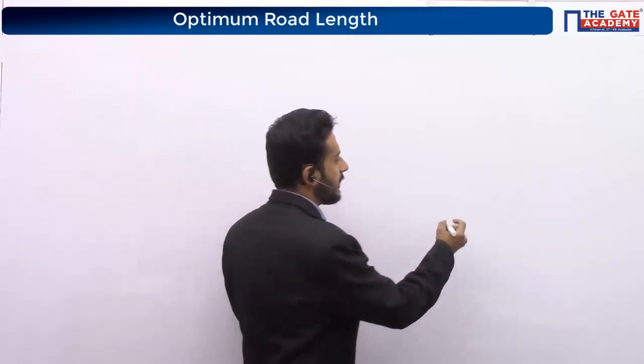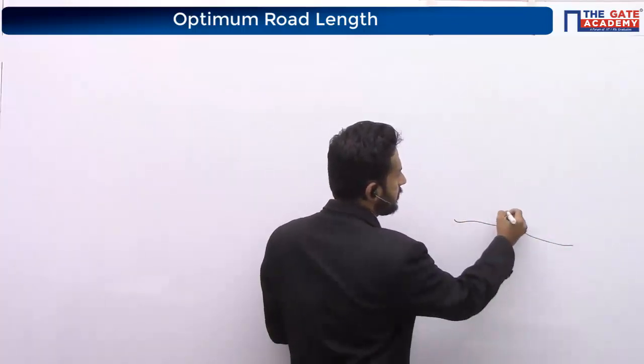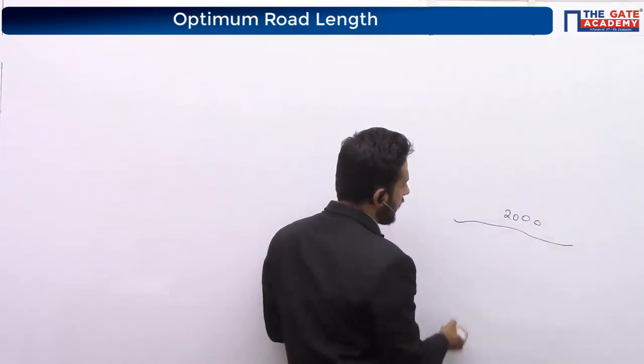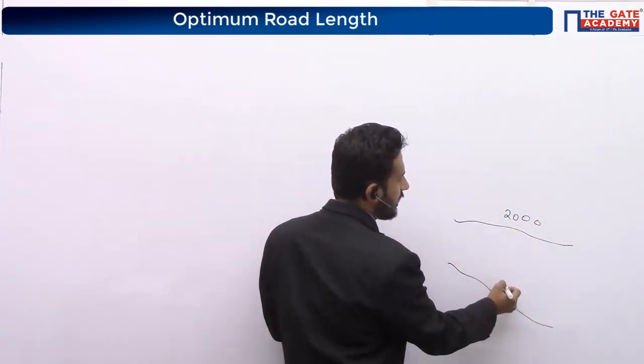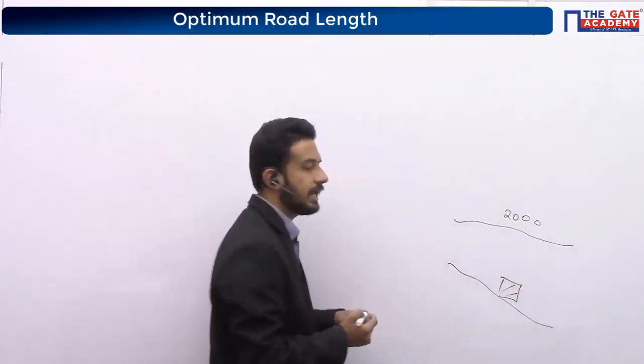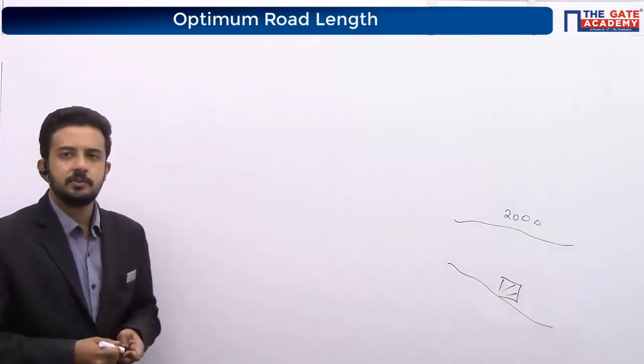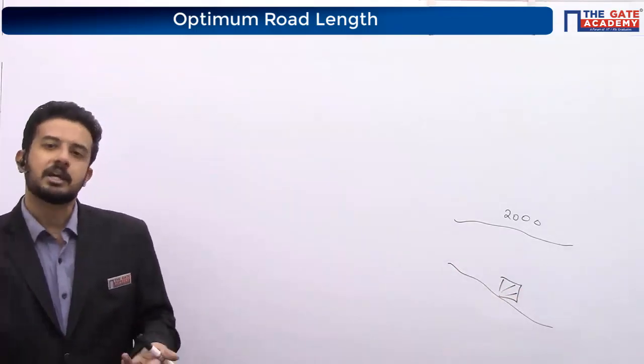Now what we have to do? Which road is giving maximum utility per unit length? That's what we want to discuss now. So, see, suppose a road is there where some 2000 people are staying. Another road is there with one agricultural productivity land. Which road is giving more service? That we cannot tell.